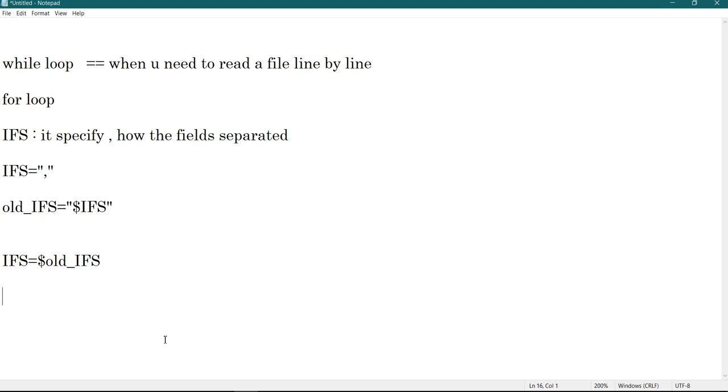One thing I want to tell you: you have many languages, Python, Perl, but if you are a Linux admin or working with Linux, then you cannot get away from shell script. So you must have a good command of shell script. So I will come with more nice videos on shell script, and then I will discuss the complete awk command and the sed command also.